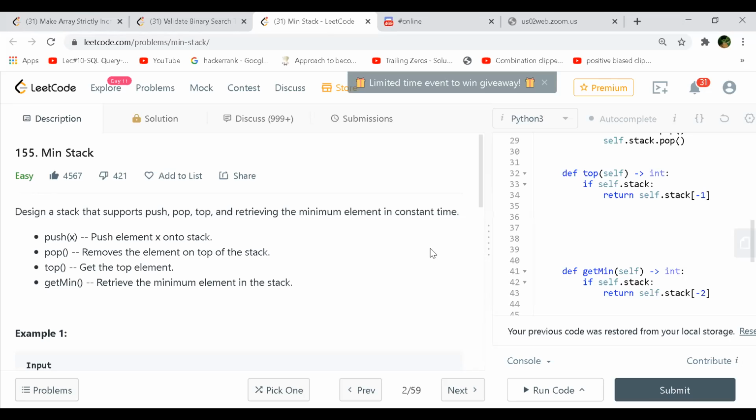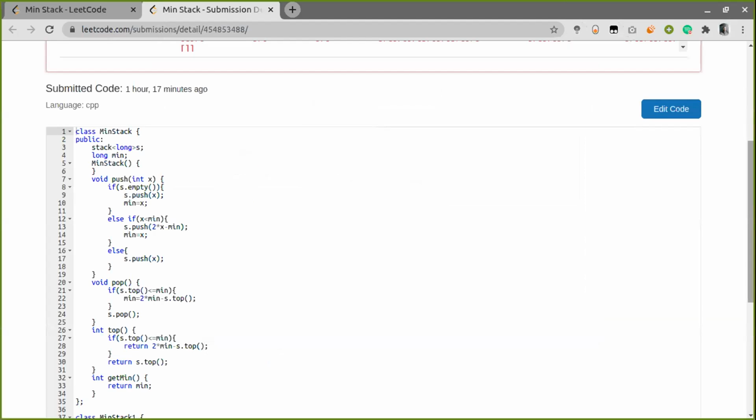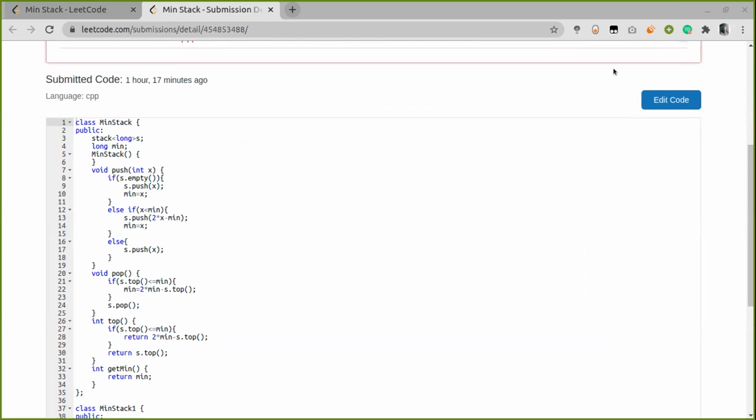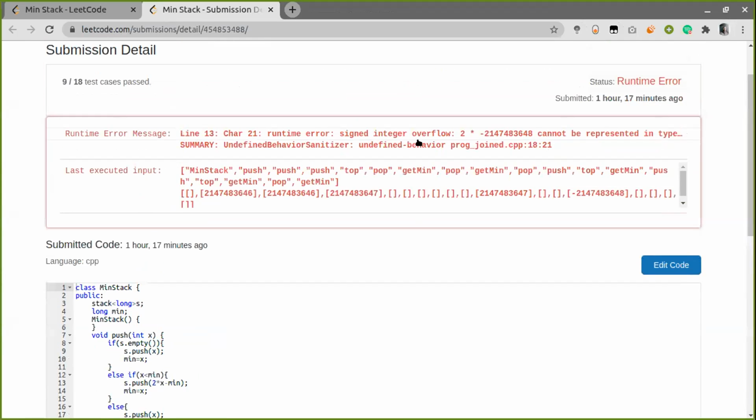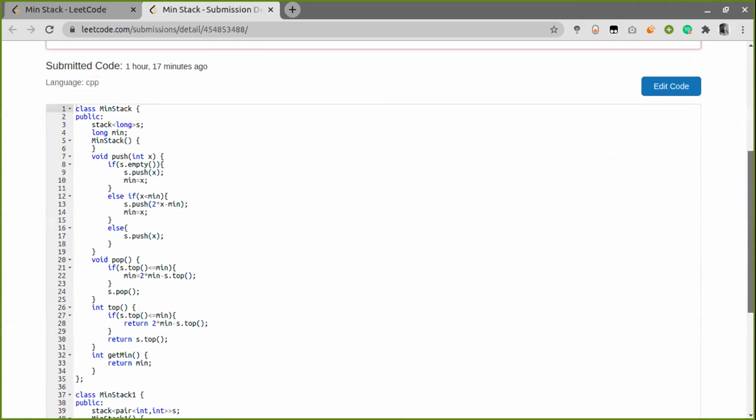Okay. No, actually, we don't use a stack right there, or do we? Let me quickly open that. Just give me a second. So I have written the code. I can share. Yeah, sure, go ahead. I have not typecasted the integer value. This is why I got a runtime error, which was the integer overflow.